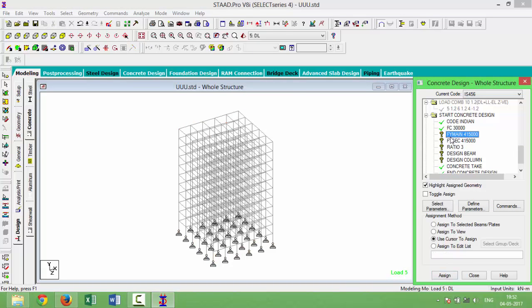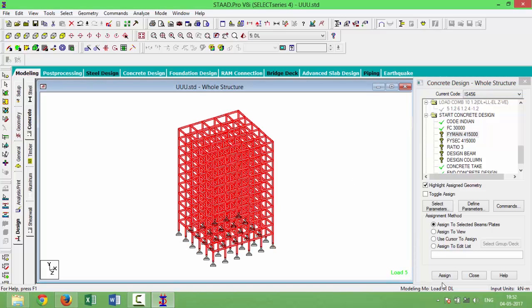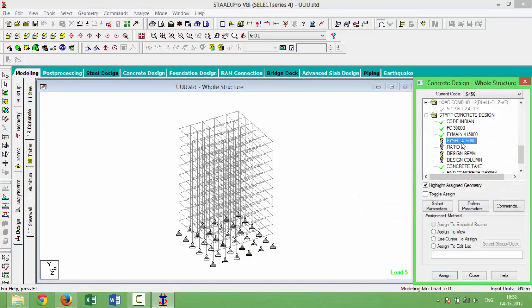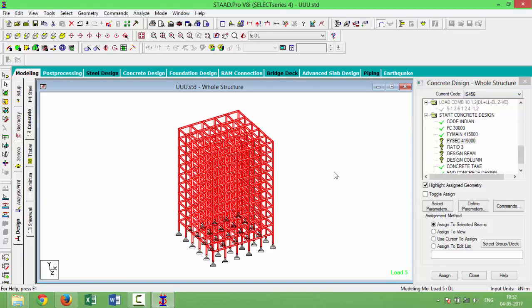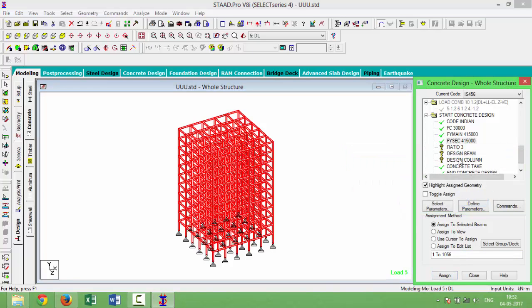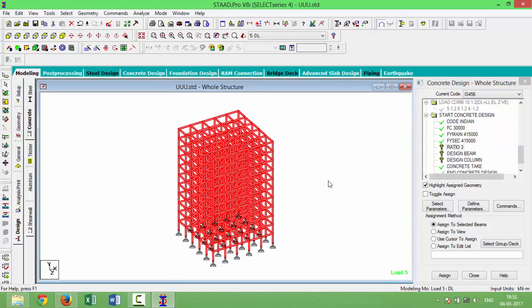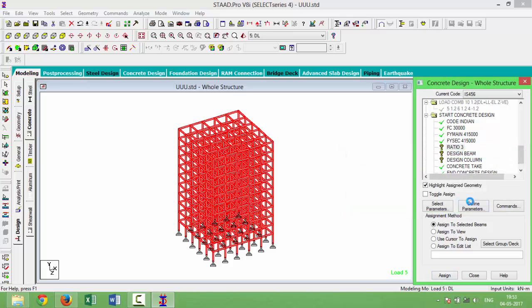yield strength. So click here and enter all the structure, select and assign that, yes. And secondary reinforcement, click here and enter all the structure and assign that. And ratio, click here and select all structure and assign to select it. And then